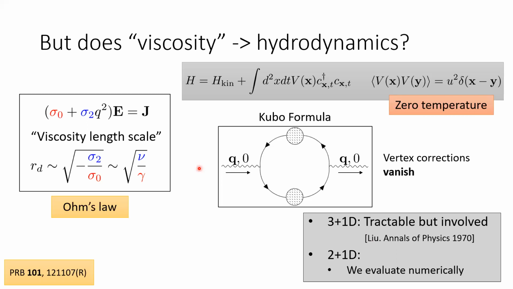What is the connection? You are saying that there is some non-locality that gives a length scale that looks like, let's say, the Gurzhi length, but yet this is zero temperature, and there are signatures that are not seen at lowest temperatures, and some experimental signatures of the hydro regime typically appear at a regime of 50, 70, and so on temperature. So this approach doesn't capture any temperature dependence. That's what I'm saying.